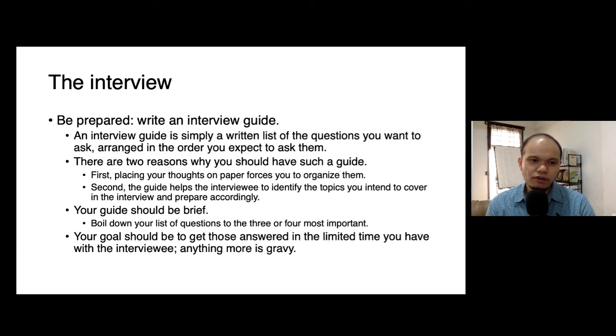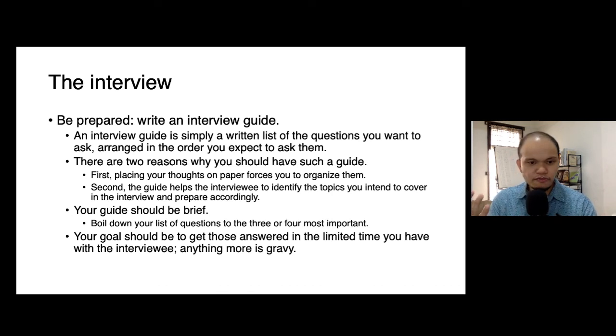Naturally, you also have to inform the interviewee that you may ask questions, clarificatory in nature or follow-up questions, based on his or her answer to your main questions. So in your interview guide, this will just be your main questions, but that doesn't restrict you from asking follow-up questions or clarificatory questions, right?